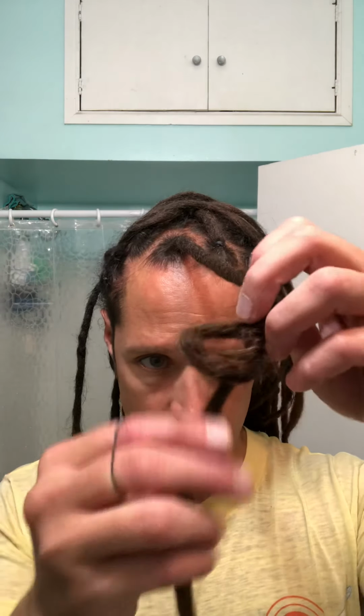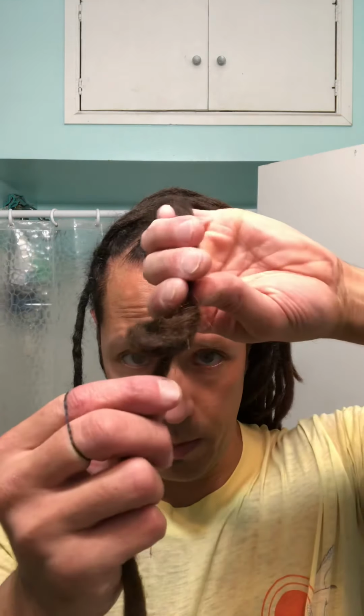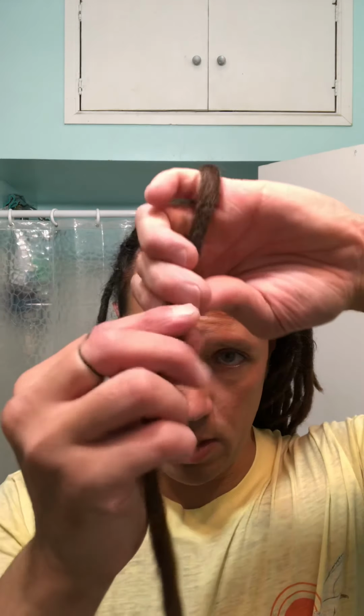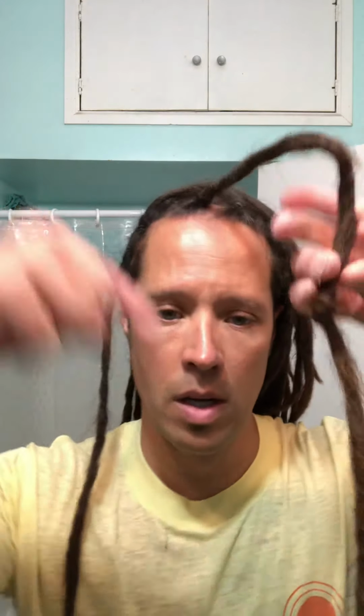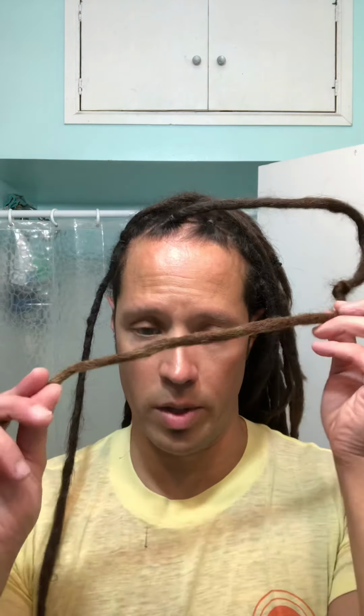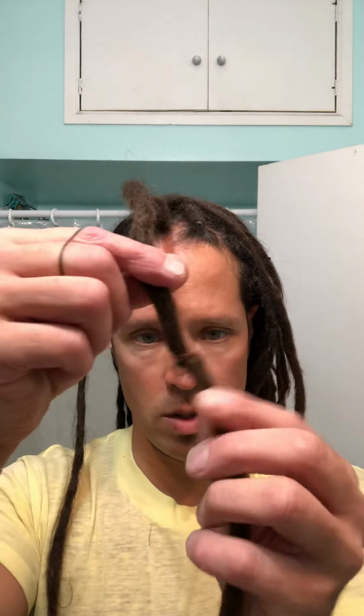So what you do is you find a loose spot, and it's easiest if you slide this little donut knot down. Hopefully I don't mess this up, because I'm trying to concentrate. You slide it down like that to the bottom. You want to go to the part closest to the end of the dreadlock first. That way, if it's a wider loose spot, you can knot it twice. If you knot it in the middle, you're going to have a loose spot on both sides. It's not going to work out as well, right? What you do is get on right here where it's loose like that, and boom,